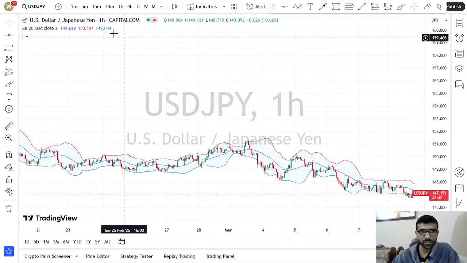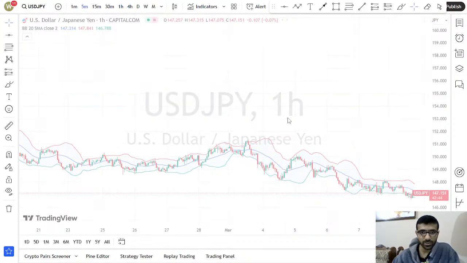Okay, for that let us go to the 5 minutes chart of USD JPY, and let us see if market gives opportunities of buying or selling. And we have to manage our risk at the same time as well. We never risk more than 1% of our total equity, and that's our goal as well. Okay, so 1% equity is more than enough to risk in a single trade,